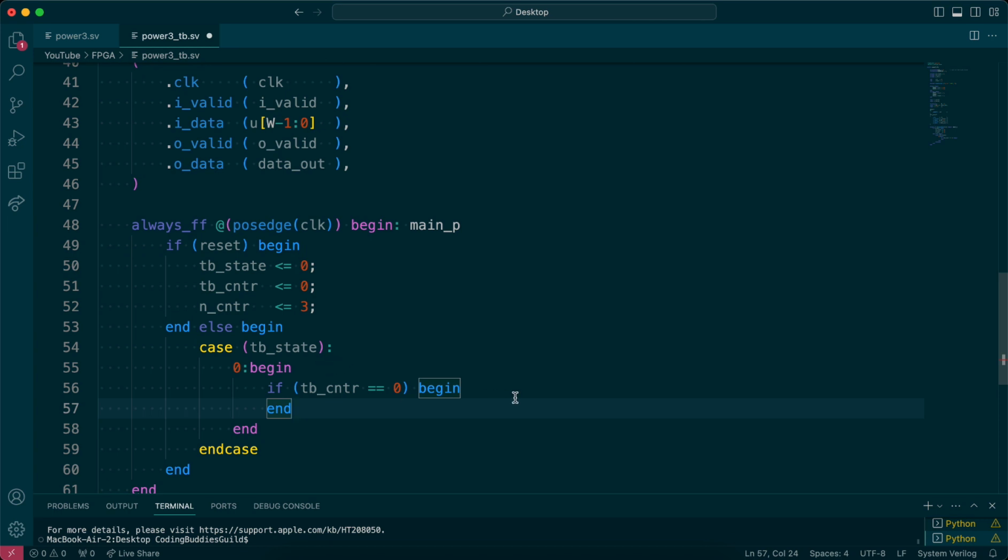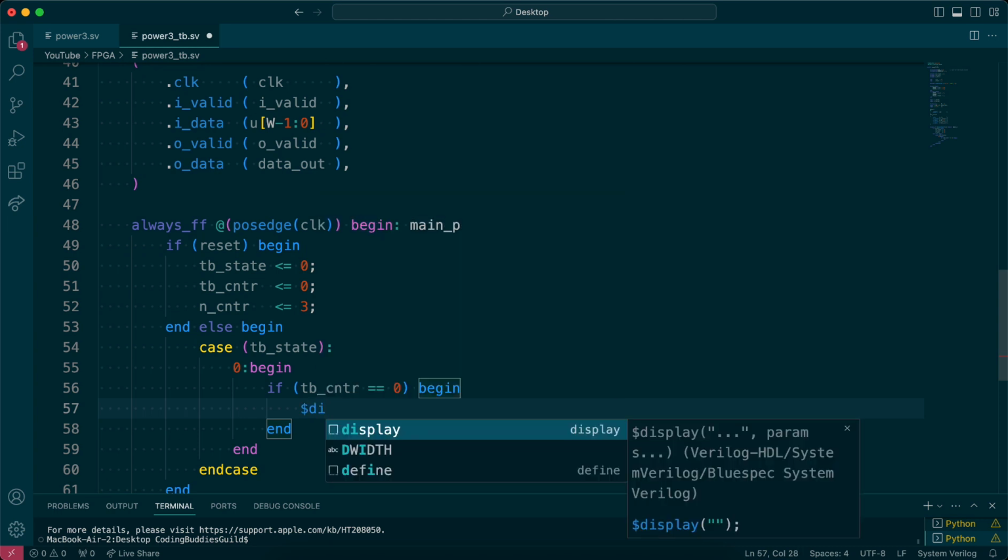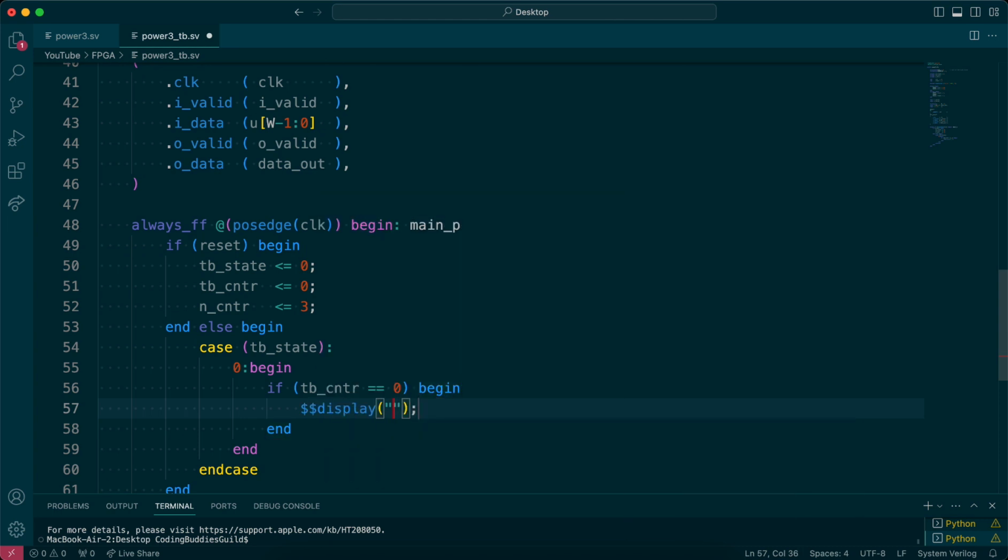So if TB counter is 0, then I want to display something. I want to go curly brackets percentage 5t to get the time, and say gate TB,